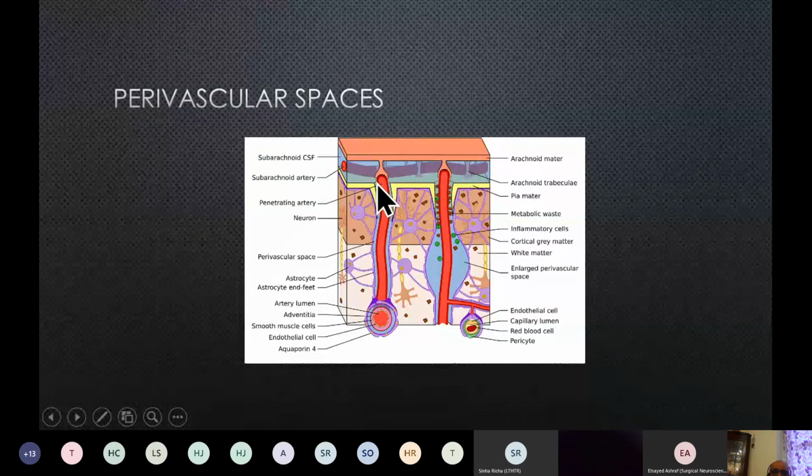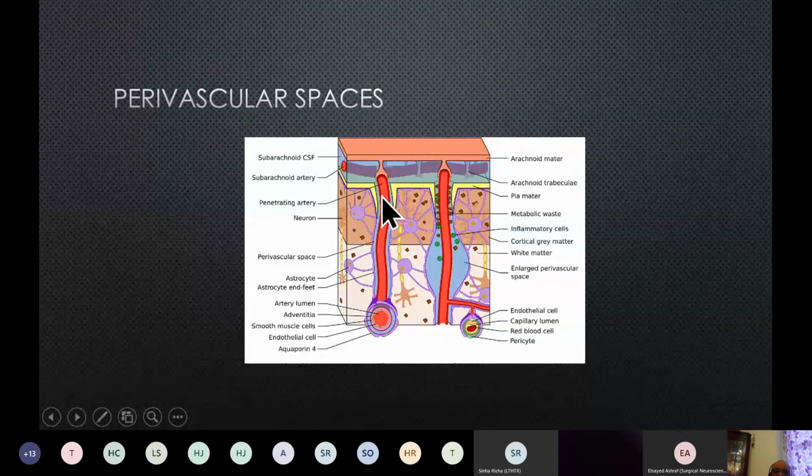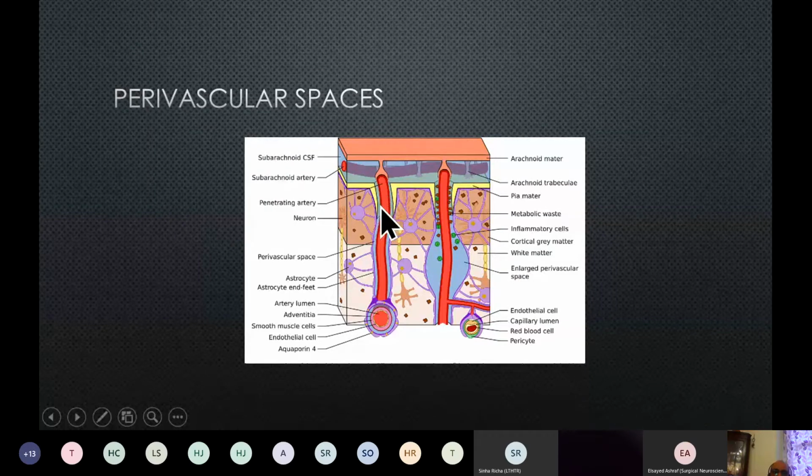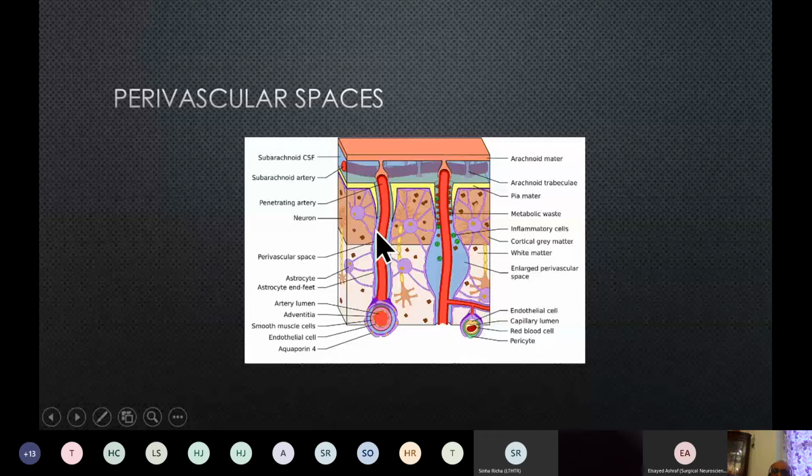space. And it's not just an indolent CSF space by itself, it is a very dynamic space because it is important to ensure that the nourishment reaches the neuron, but all the toxic substances that are there within the arteries do not cross out, and that is responsible for the integrity of what we call the blood brain membrane. And that membrane itself is not just the endothelial cells which surround the lumen of the artery, but you've got the footplates of the astrocytes, which are absolutely essential in maintaining the integrity of these perivascular spaces and